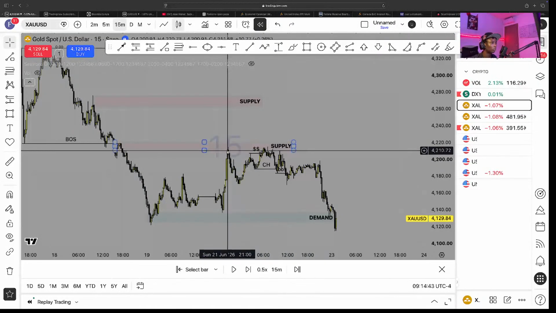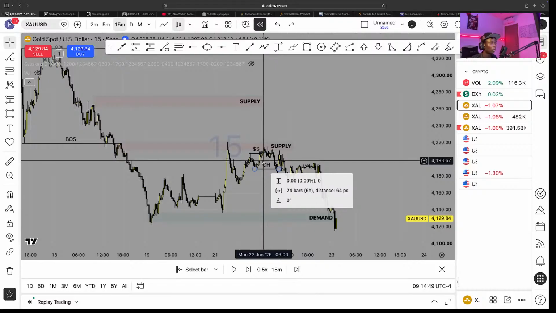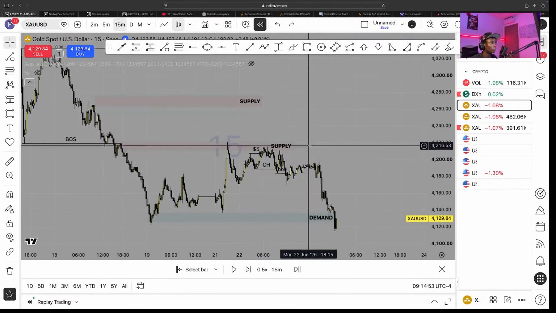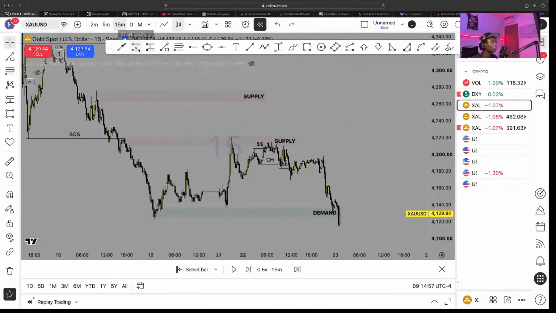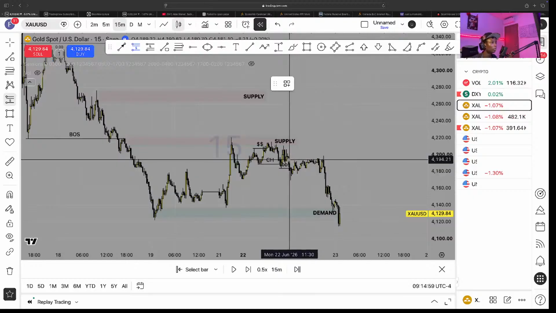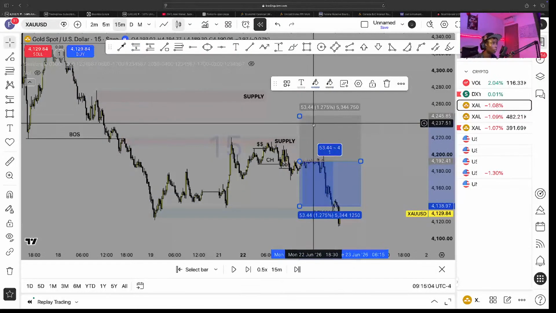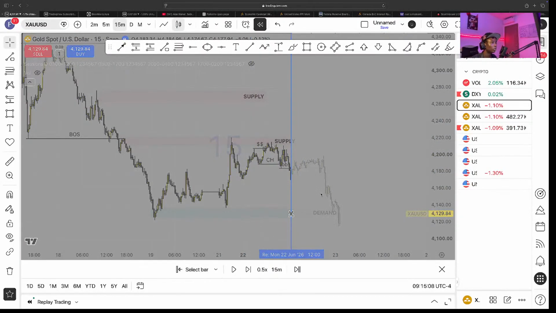You guys can see as we tap into the supply, sellers stepped in when I saw this rejection, and we had a liquidity grab, a change of character, a BOS. So if only I would have taken this trade, my entry would have been here on this fair value gap on the 2 minutes. Let me just drop down to the 2 minutes to show you guys